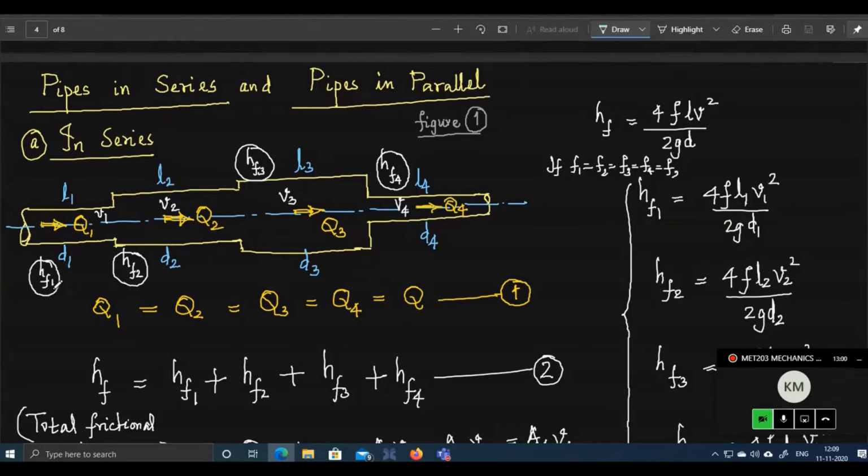And now regarding the head loss due to friction, it is just like resistances connected in series. So the flow resistances or the head loss due to friction will be added up. So the total head loss due to friction in this compound pipe, when the pipes are connected in series, will be equal to the sum of the head loss due to friction in the individual portions. So HF1, that is the head loss due to friction in the first pipe. Frictional head loss in the second pipe is HF2, HF3 in the third pipe, HF4 in the fourth pipe, and so on. HF1, HF2, HF3, HF4, if you add them together, you will get the total frictional head loss in this case.